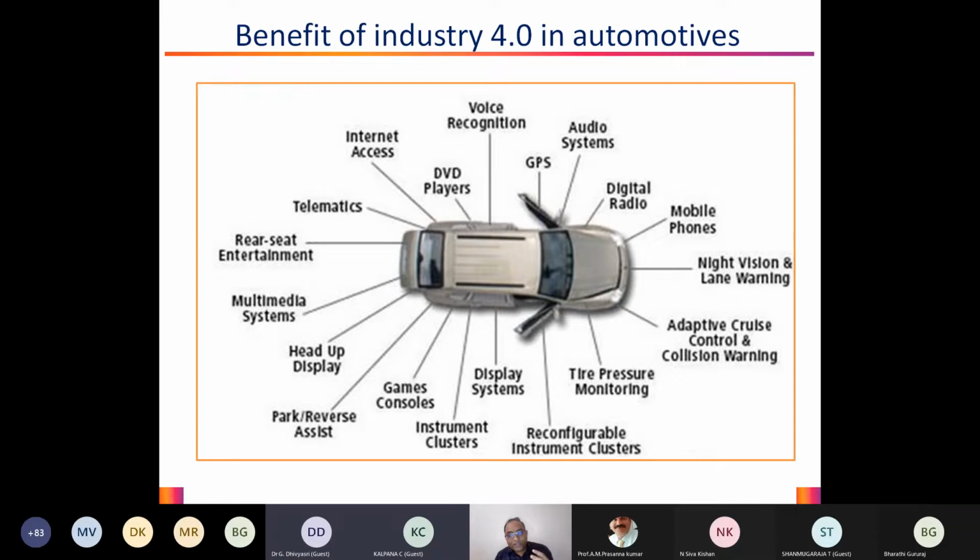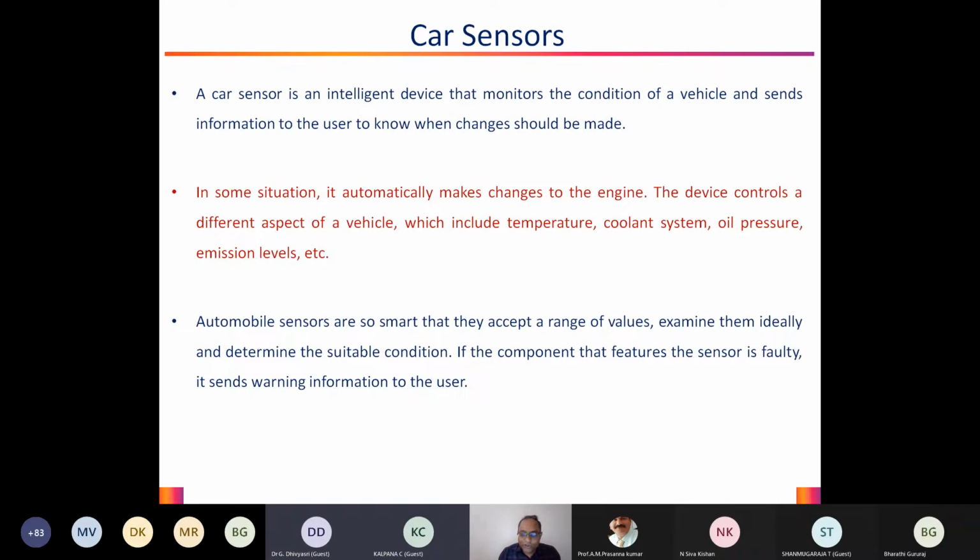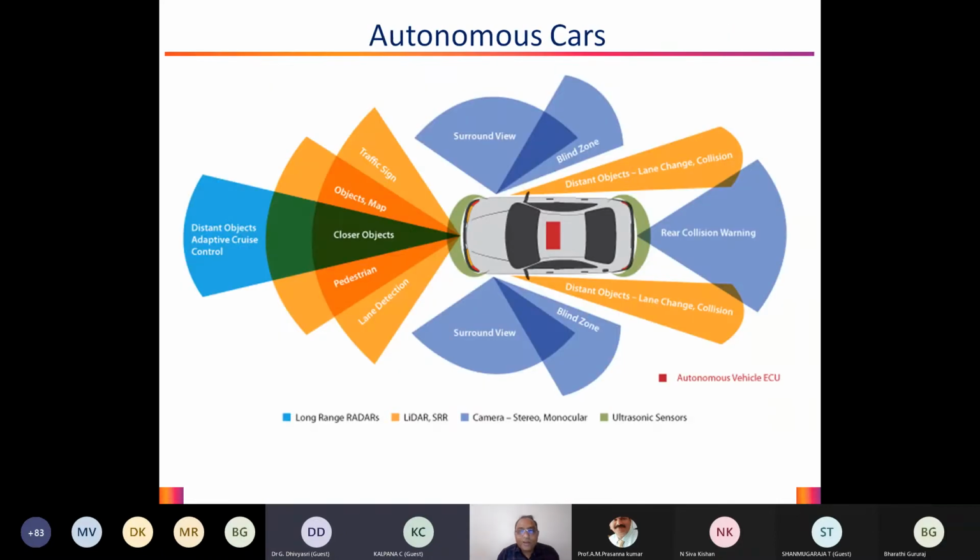As of now, this is being done without even getting into what Industry 4.0 says. But with Industry 4.0, this is going to change in a huge way. What will happen here is we end up getting an autonomous car that would look like this. If you look at this diagram, it has so many things connected to it, and this car is a driverless car.